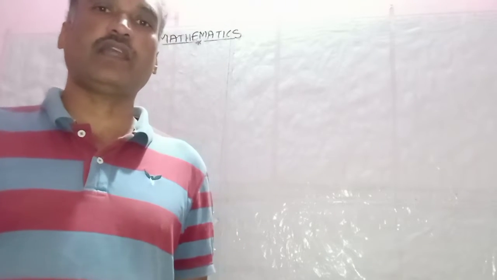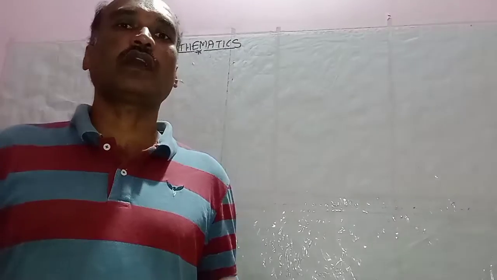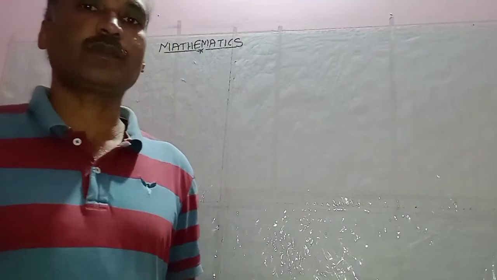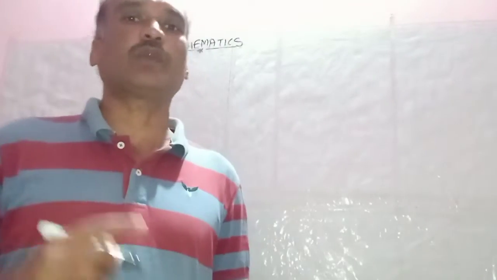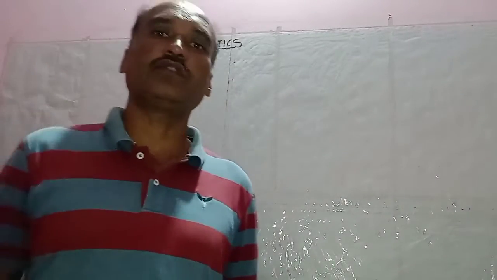Today I am going to teach you one of the important theorems, that is the angle criteria. The statement of the theorem is: if in two triangles the corresponding angles are equal, then their corresponding sides are in ratio or in proportion, and hence the two triangles are similar. That is what you have to prove, my dear student.